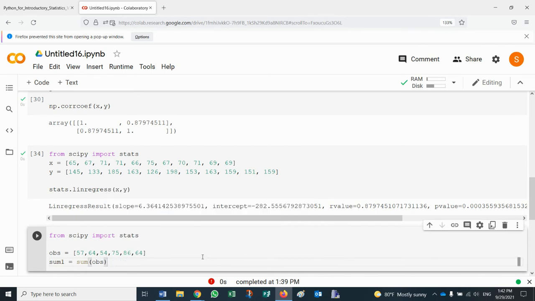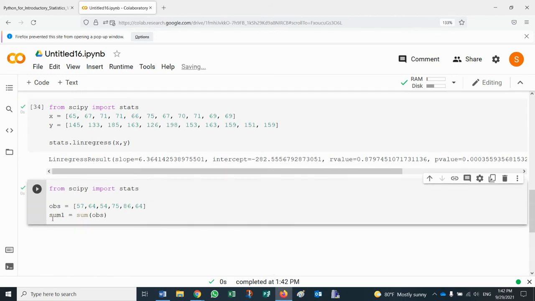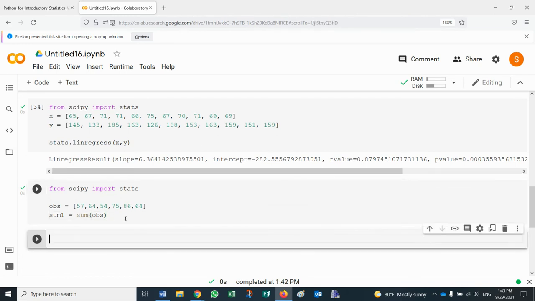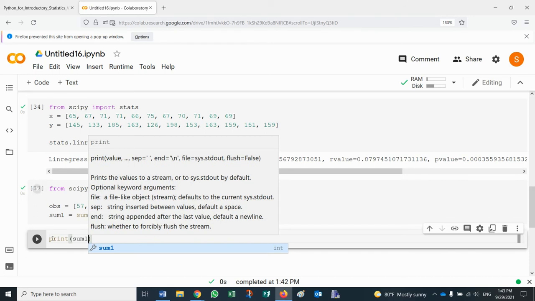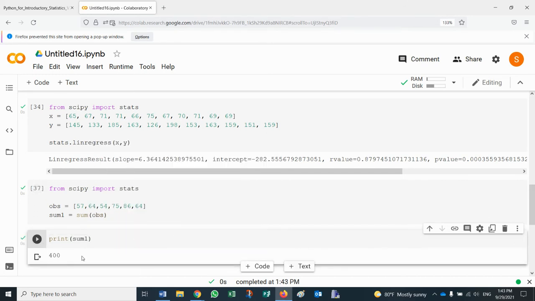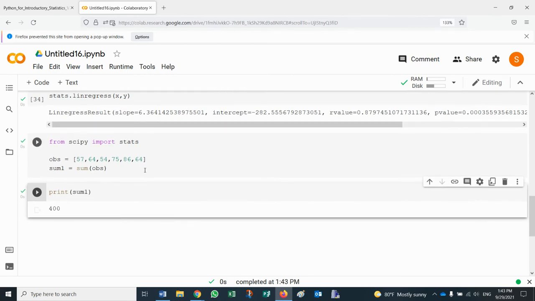That's how we'll know. All right. So let's see. Here it is. So the sum1 is now added. Now we needed to add one more code. We don't need to see it, but we could have seen it. Actually, let's print sum1 so we can see how much was the sum. Now we had to divide. It's exactly 400 candies. So we need to divide this by 6 to make the